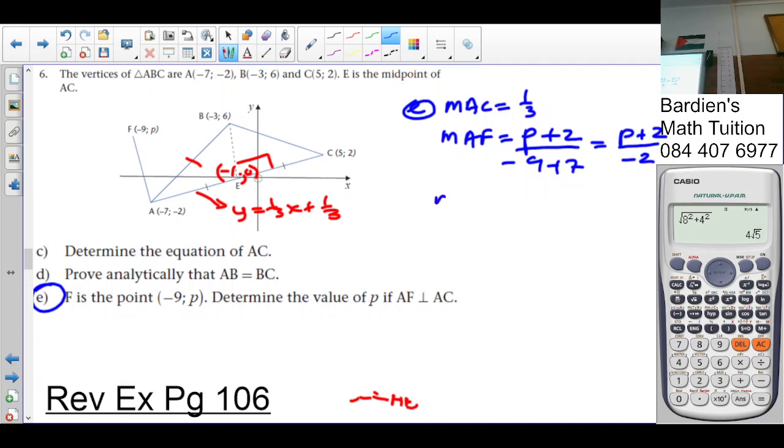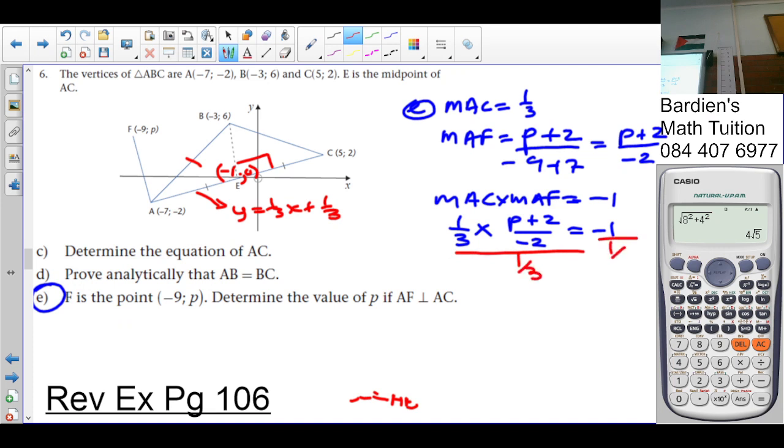So we know the gradient of AC times the gradient of AF is equal to negative 1. So it's a third times AF, which is P plus 2 over negative 2, is equal to negative 1. So what do I do at this point? I divide by a third on both sides. With that now cancelled, P plus 2 over negative 2 is equal to negative 3. That is naturally over 1 and cross multiply. So that will give us P plus 2 is equal to 6. So P is equal to,